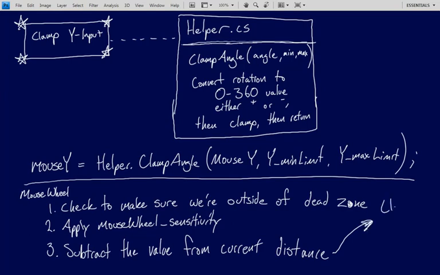I've got to make the most of my tiny little screen space. Clamp between our distance min and max, and then we store it in desired distance, because we still have more processing to do with this. But we won't do it in this method. We do it in our calculate desired position method. The important thing here is that the result of this is going into our desired distance,